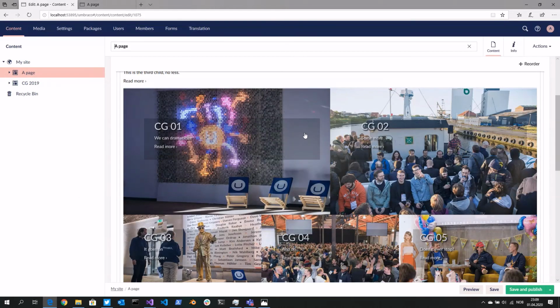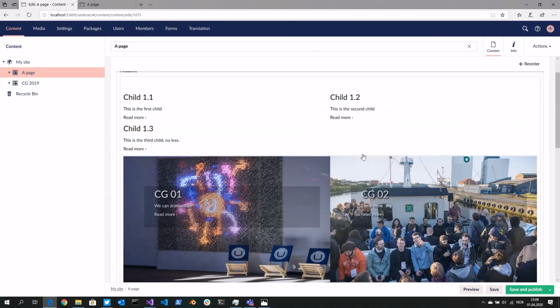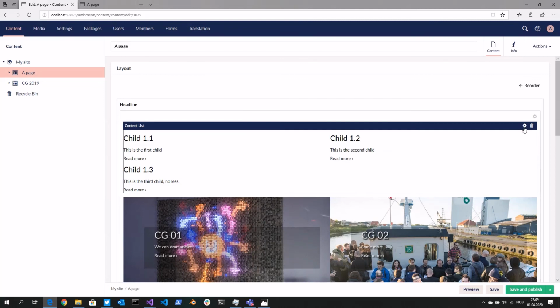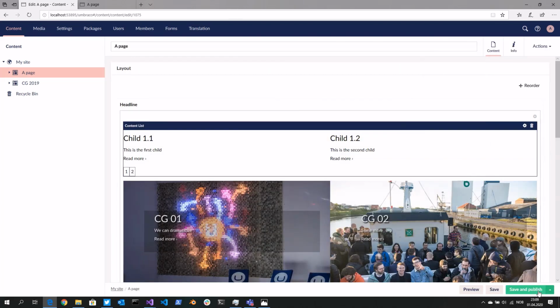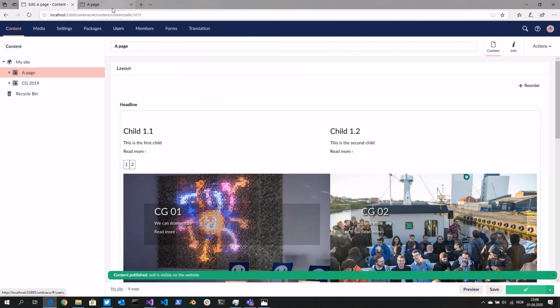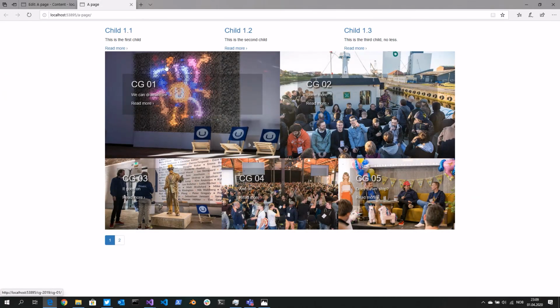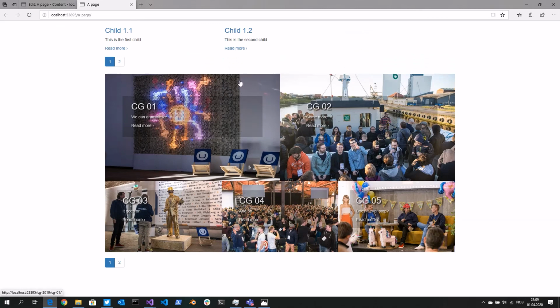Last thing I want to talk about before I conclude the demo is the paging. So if we enable paging for that one, that means we have to cut it down to 2 items to be able to see the pager. Then go back to the front end. The way we